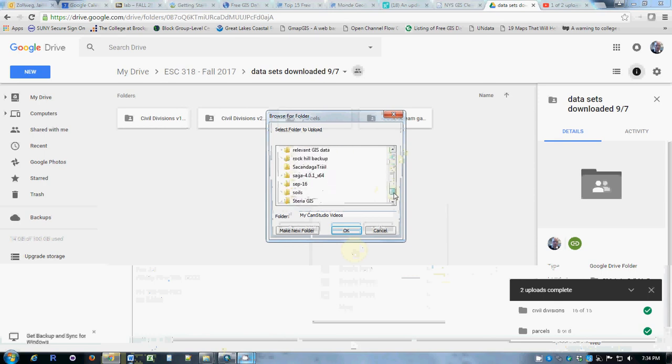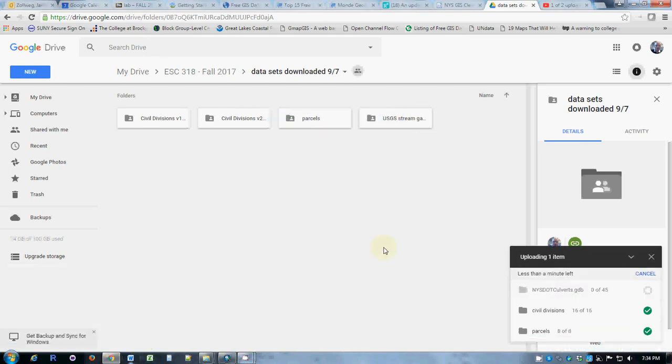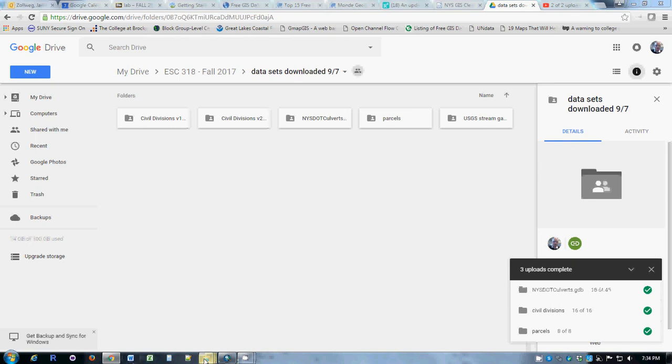Somewhere in there is stuff. And there is the GeoDatabase, and I can go ahead and save it there. And it's not that big, so it'll load pretty quickly. So there's the New York State DOT large culverts, and that's almost done. So why don't we pop back to the